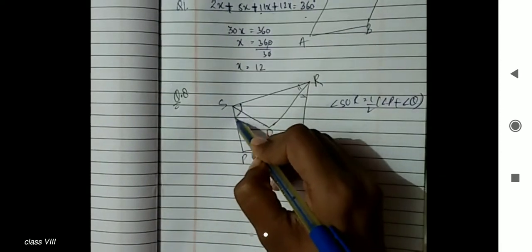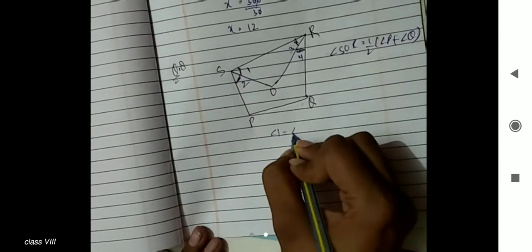So, we will prove it easily. Let's have a look at this figure. So this is given that OS and OR are the bisectors of angle S and R respectively. Bisector means that this will divide into two equal angles. This means this angle is equal to this and this angle is equal to this. For differentiating, I'm just writing 1 and 2, because I don't want my video length to be long, since that means it will take time to upload. That's why. So 1 and 2 and 3 and 4.